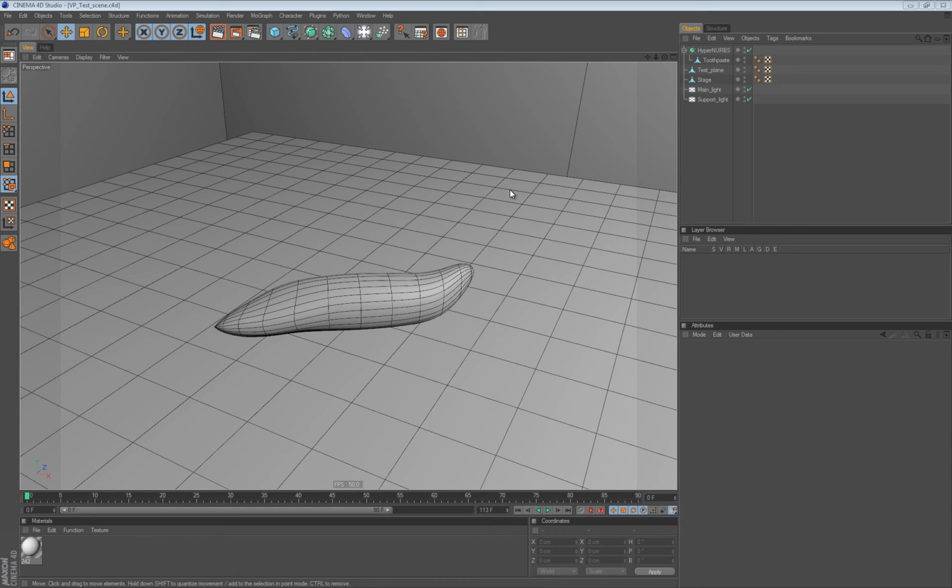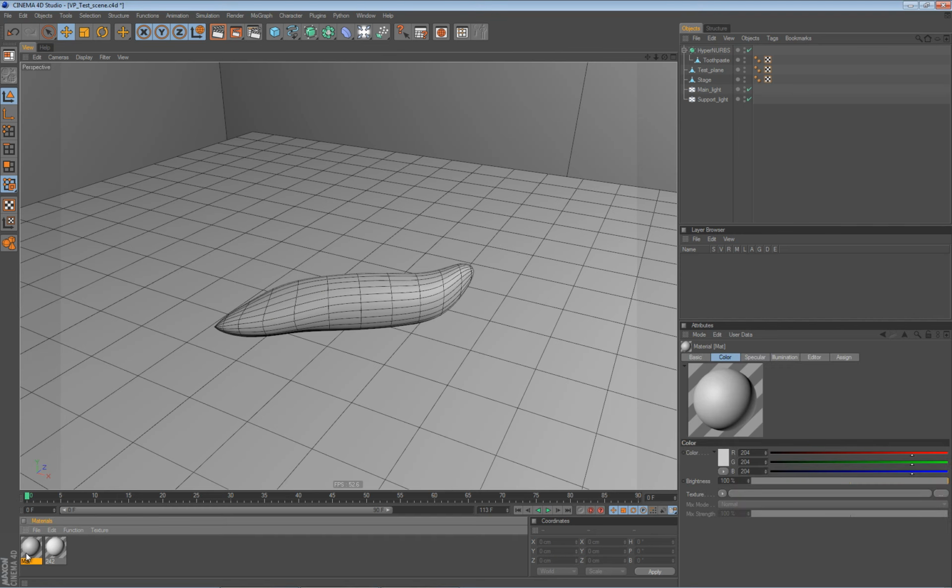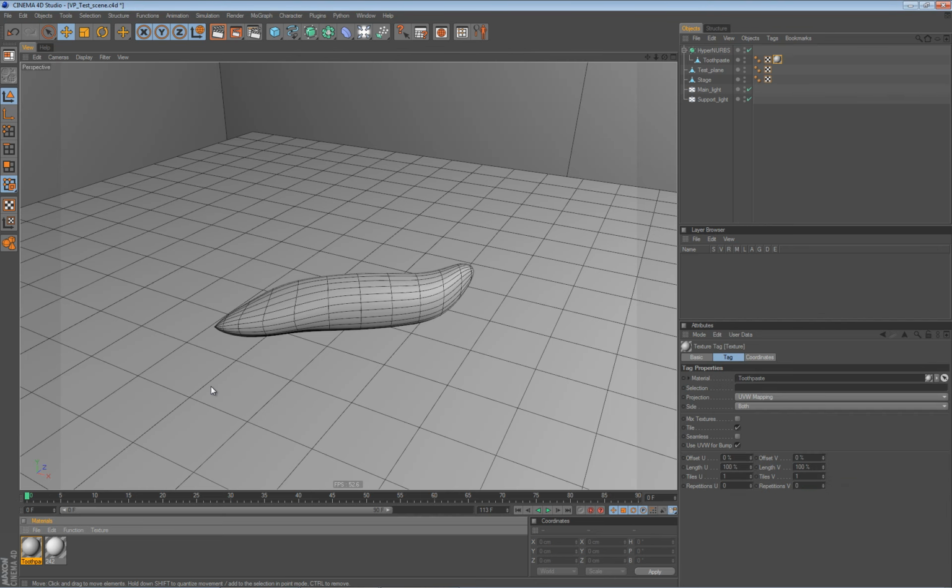Here we are in our same test scene, and I want to build another shader which can be really interesting. This little thing in the viewport could be many things, but I really quickly modeled a toothpaste. Okay, so I want to create a toothpaste material, and I don't want a simple toothpaste with just a color and some reflections. I want to create some sort of multicolored toothpaste which has some transparent areas and some opaque areas. So let's create a new shader and we'll rename it here and apply it to our material and